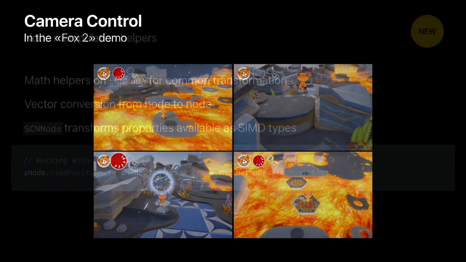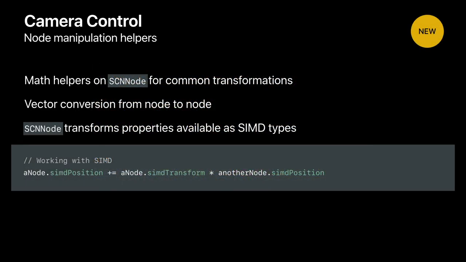One more note about camera control. We extended SCNNode with a category that provides math utilities for you to convert and access vectors in different spaces. But most of all, the node transform properties like the position, rotation, scale, and matrix and transform are now directly available as SIMD properties to ease math operations.